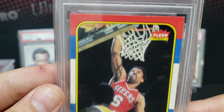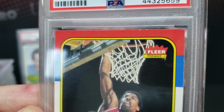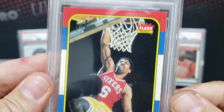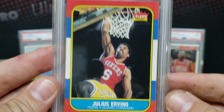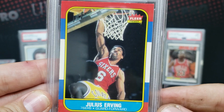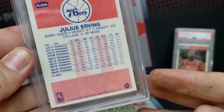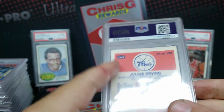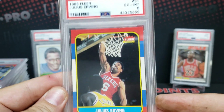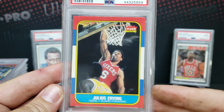The problems I was aware about before submitting it, you can see a little bit of paper loss along the edge, along the top border right there, along the right edge as well. That's pretty much it. I thought it was off center, up down. You could see that. The left to right centering I thought was pretty decent. Slight discoloration along the top edge there, but definitely off center on the back and the up down. I thought it was going to get a 7, came back a 6. I think it had a little bit more off center than I thought, but still okay. Like I said, I want to eventually grade everyone in the set, so pretty awesome card, and I'm glad to